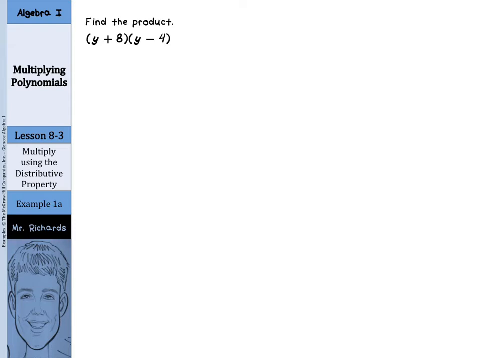The first method we will use is to multiply using the distributive property. And we have two methods to do this. We're going to use a vertical method and a horizontal method. Well, with our vertical method,